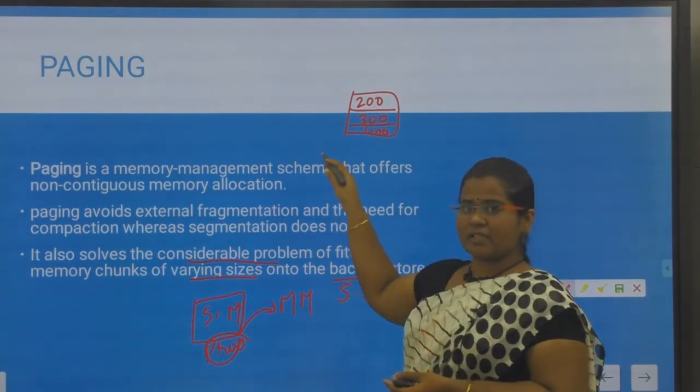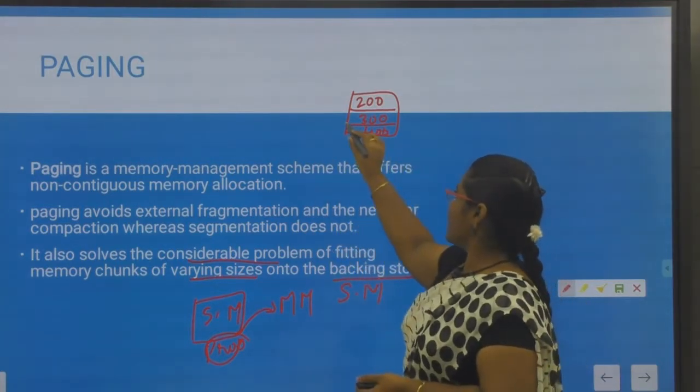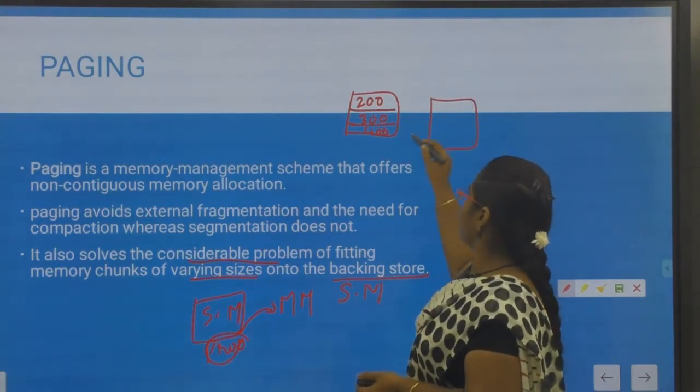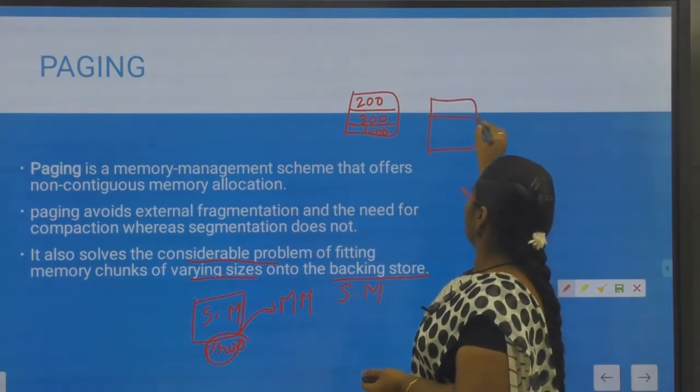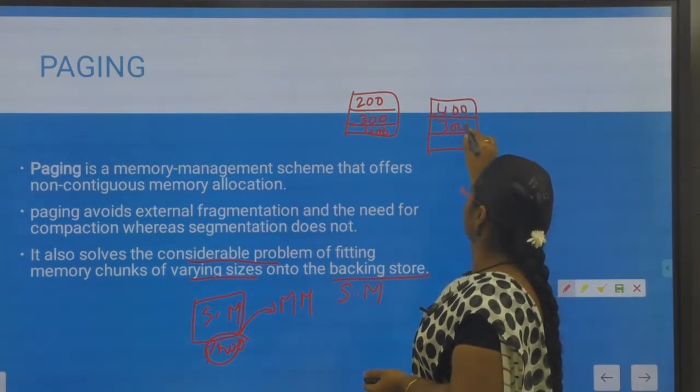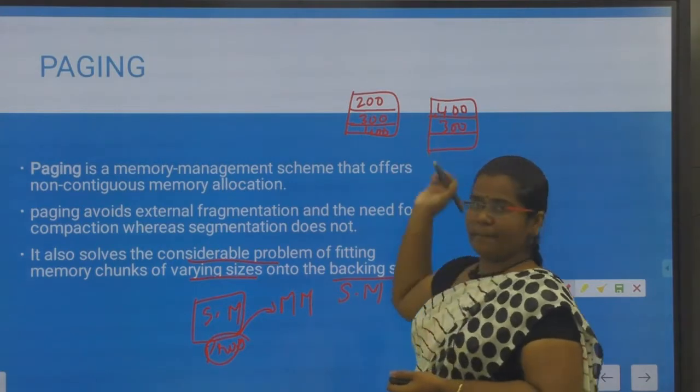Say I have moved segment 400 and then segment 300 into my main memory.